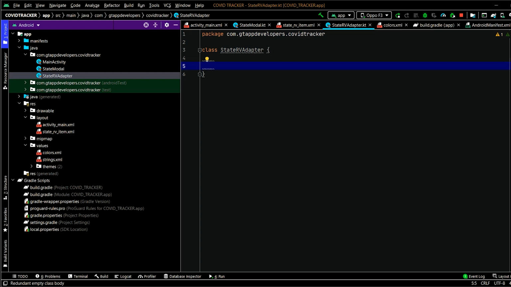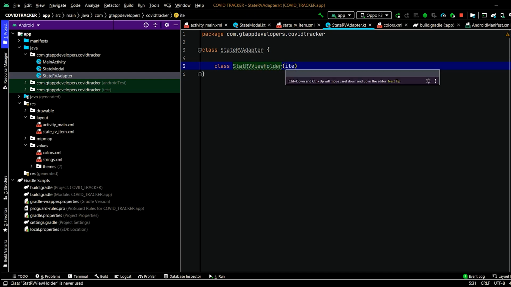So for creating view holder class, we simply have to write class state RV view holder. We have to specify item view.